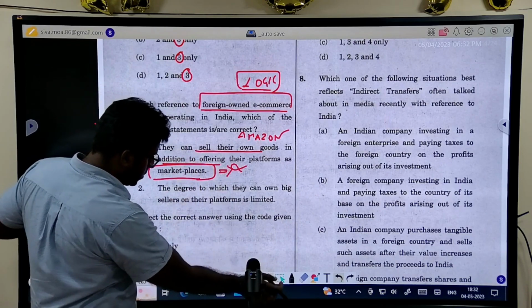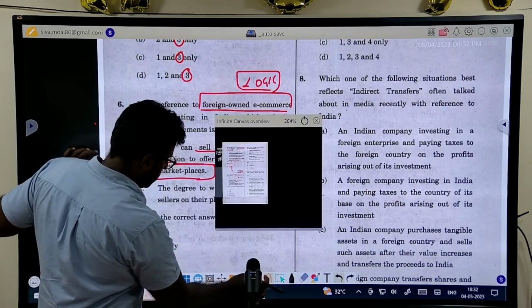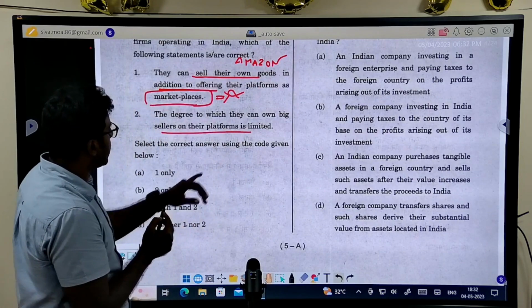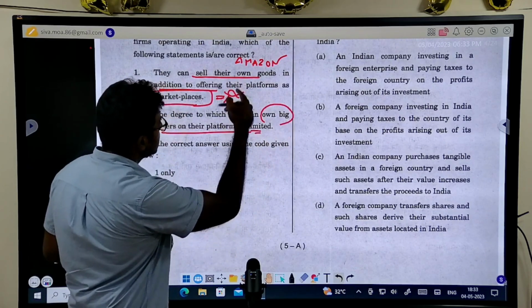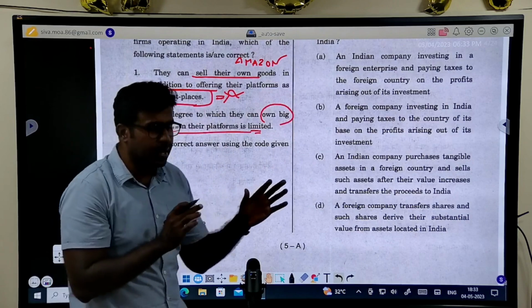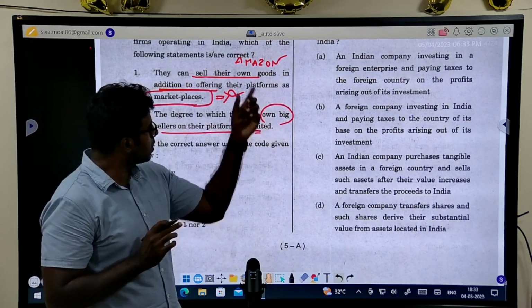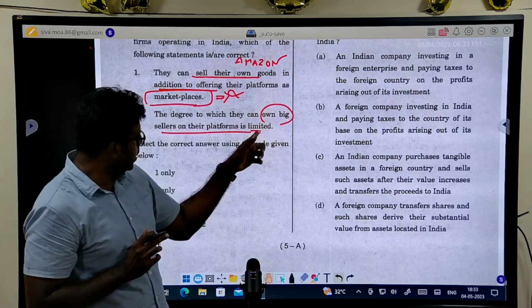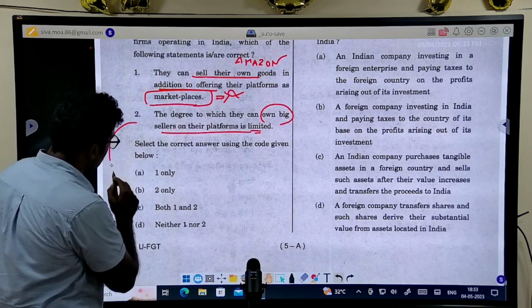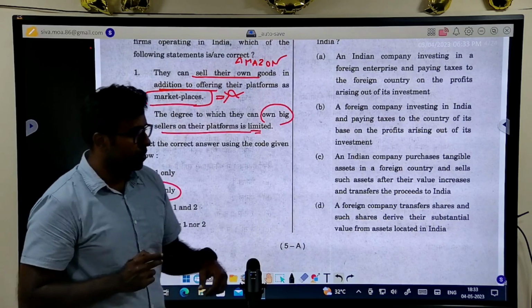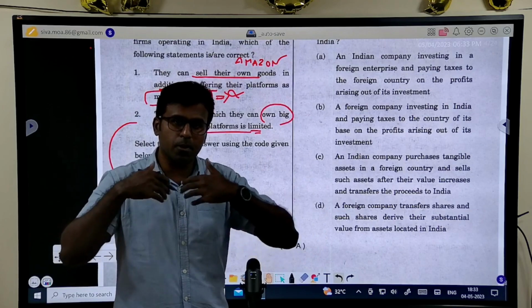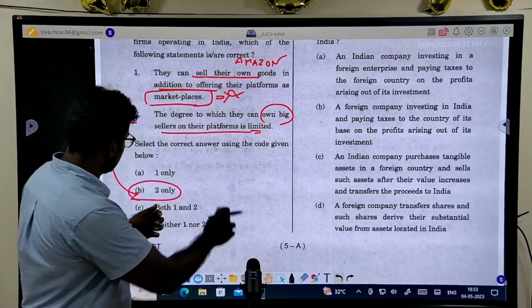And if you see, you remove this. So now you will come. So degree to which, and this is also on their platform, is limited. They can move. That is the point. It is actually limited. These two statements, if you happen to see, either this is true or this is true. These two are not together true. It cannot be done. Why it is limited means because they can actually overpower any seller. If you give the platform the decision to do anything they want, they can overpower any seller and sell only their products. So this is the point. So B is the answer.